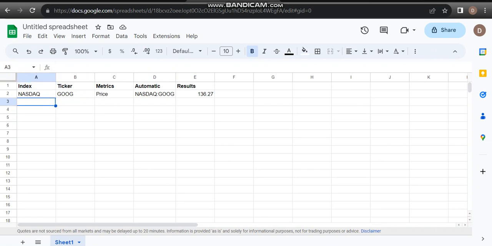Let's do another one. Suppose Nasdaq is the index we would like to track. The company name is Apple and the ticker is AAPL. We need to track the price, and let's see. Yes, it gets it. So Apple price as of now is